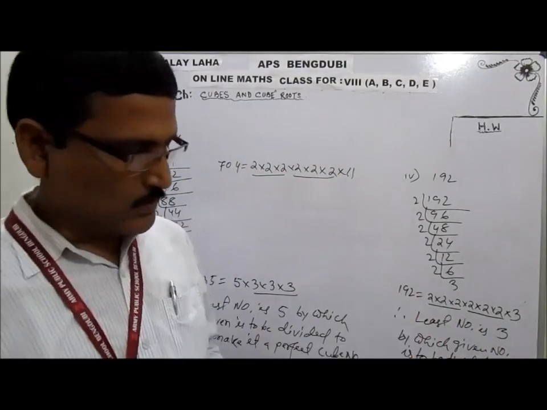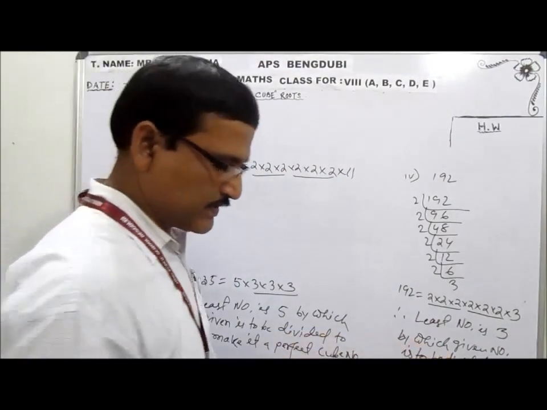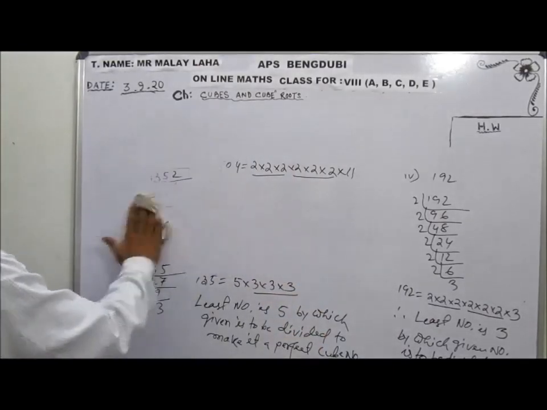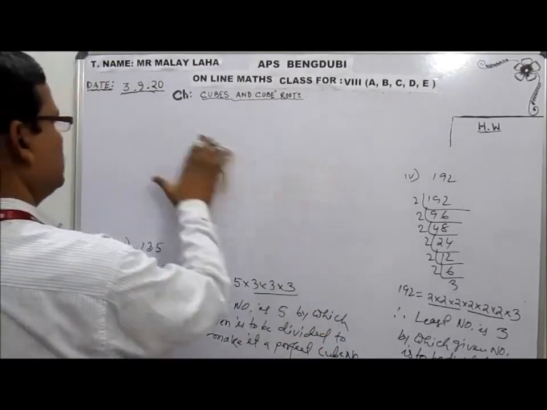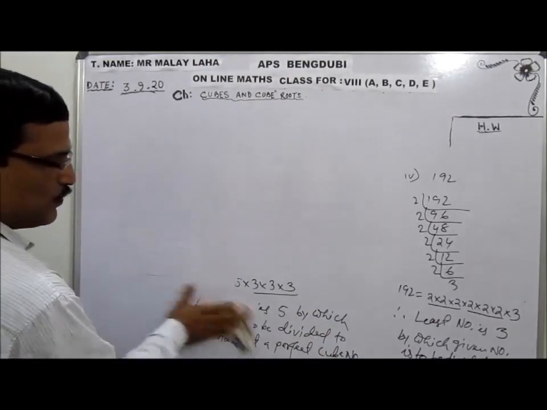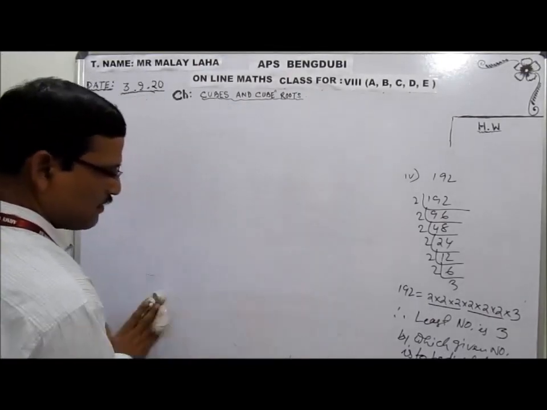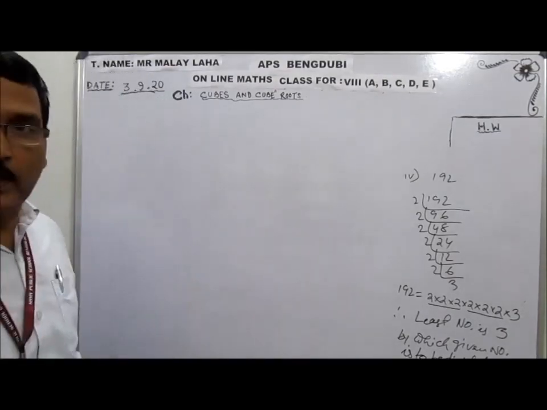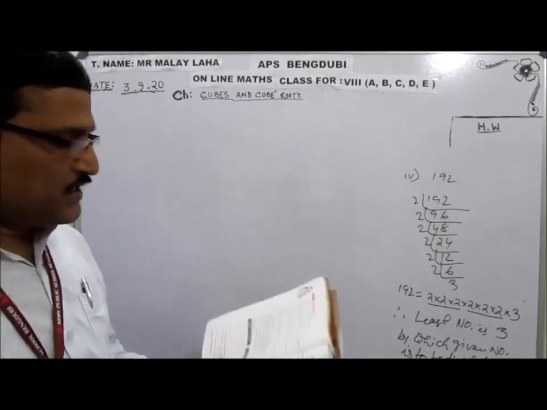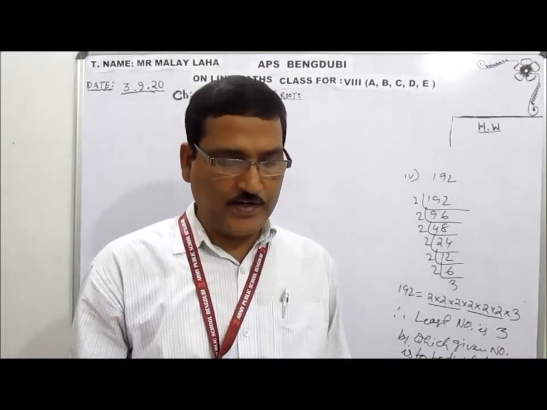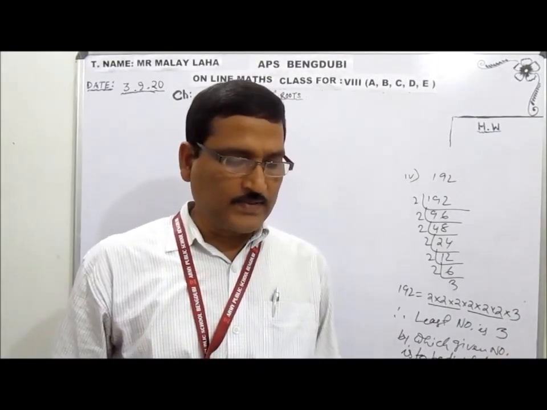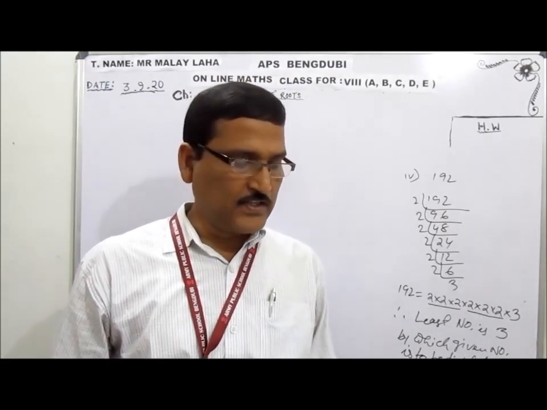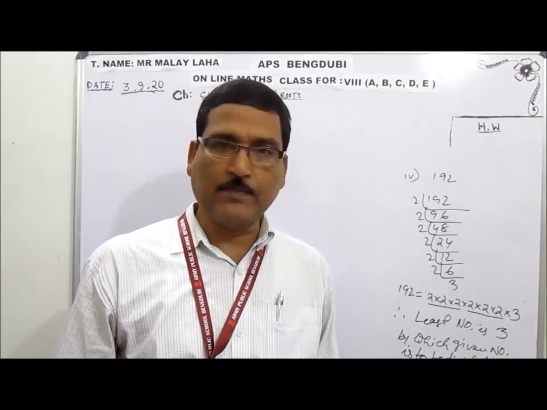Last question, it is a problem sum, but this type of problem sum you have practiced a lot. So many questions will be there when I upload this PDF file, you will be getting so many problems based on perfect cube numbers. We will solve it. If time permits, then I will also help you to solve. Parikshit makes a cuboid of plasticine of sides 5 cm, 2 cm and 5 cm. How many such cuboids will be needed to make a perfect cube?